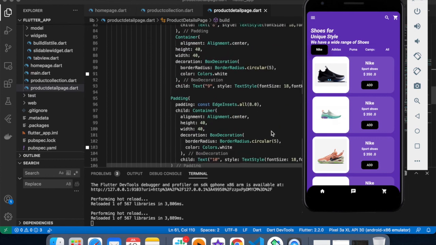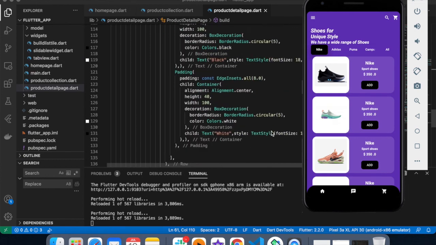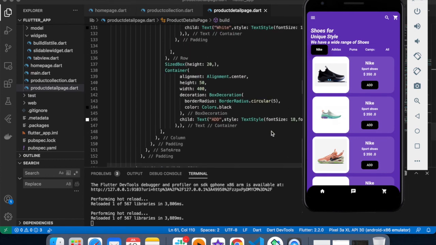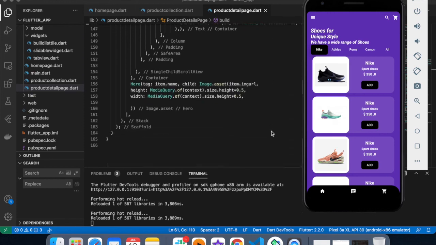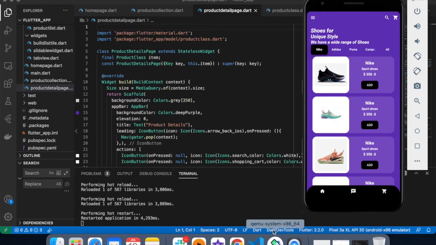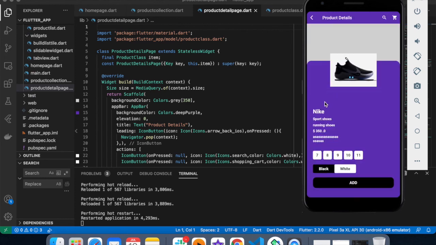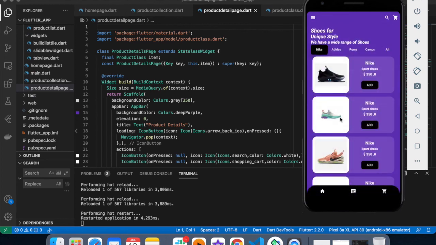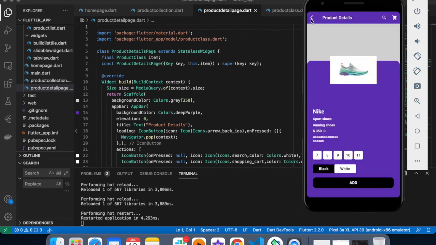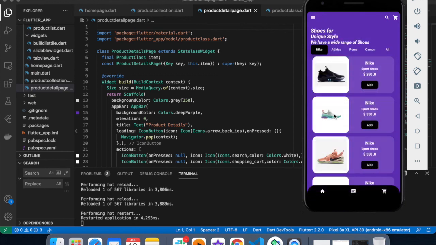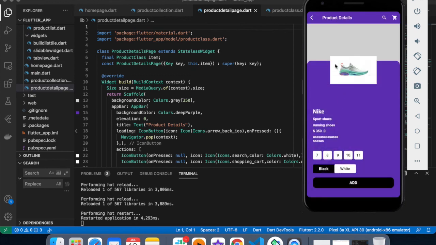So let me check my hero widget one more time regarding the height and width of this. No, I think I haven't restarted my application. That's why it's showing different images. So the white portion you are seeing is basically because of the different sizes of the images.